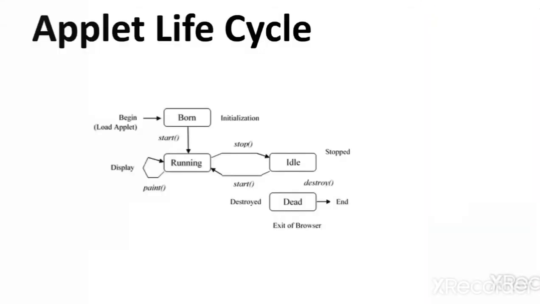Next, now we are going to discuss the life cycle of an applet program. Every Java applet inherits a set of default behaviors from the applet class. As we have seen in our previous slide, all the applet programs that we are going to create extend features from the applet class, isn't it? Hence we write the class name followed by extends Applet class. So as a result, when an applet is loaded, it undergoes a series of changes in its state, as shown in this figure.